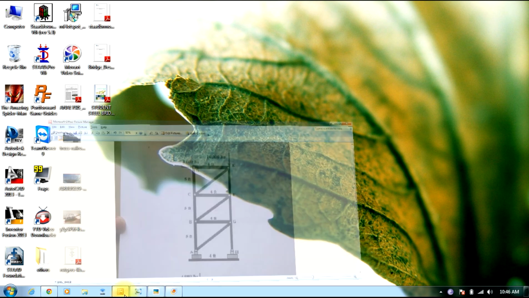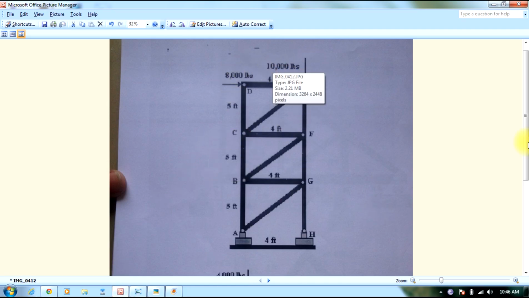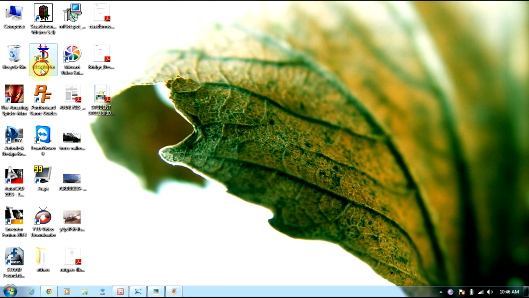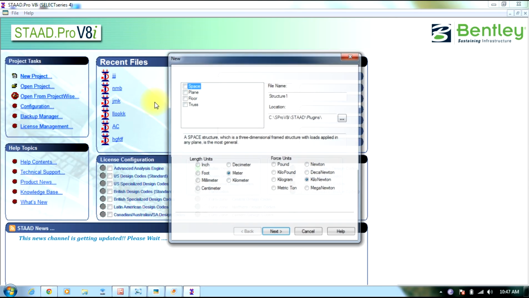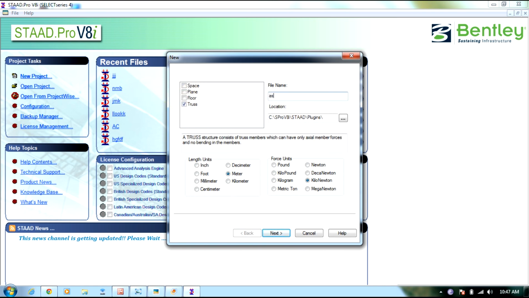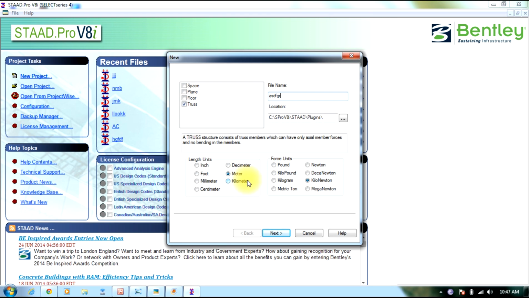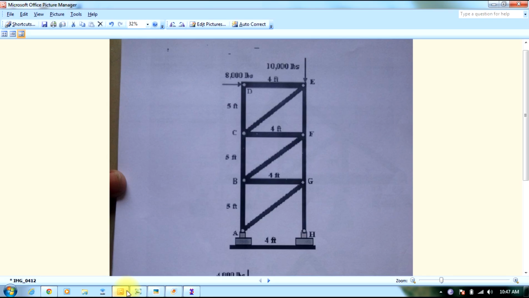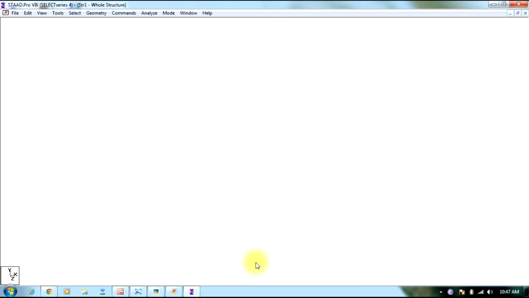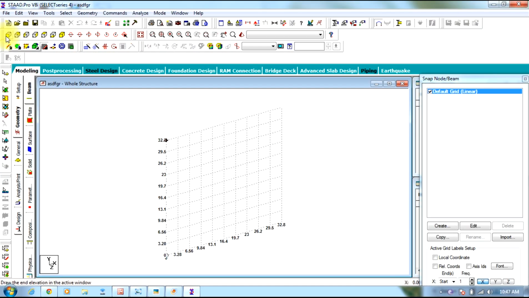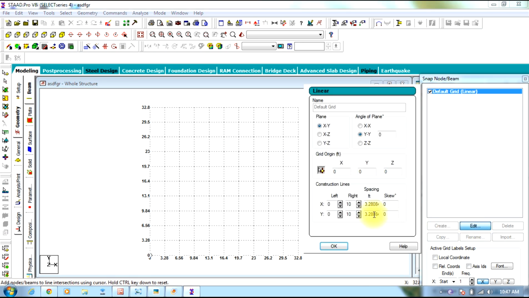As you can see, our first figure is this truss. So we go to Start Pro. Select new project, select truss, select some name, and coming to units you can see they are in pounds and feet. So go to feet and pounds, select next, read this, make the spacing as 1 feet,